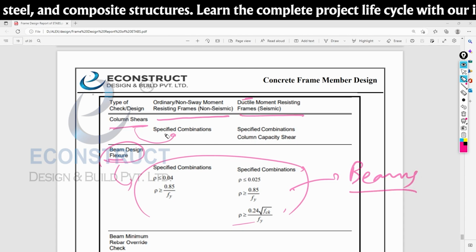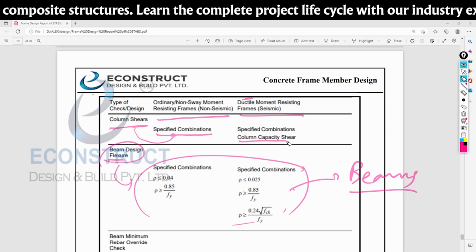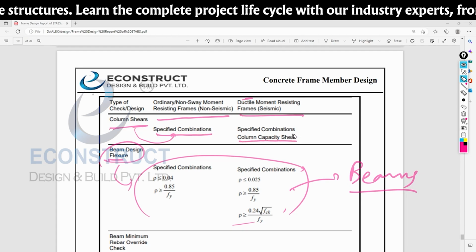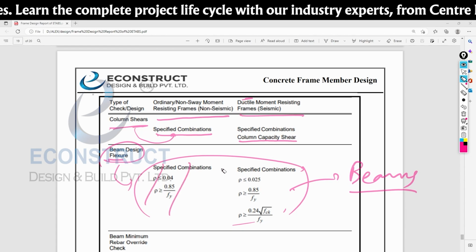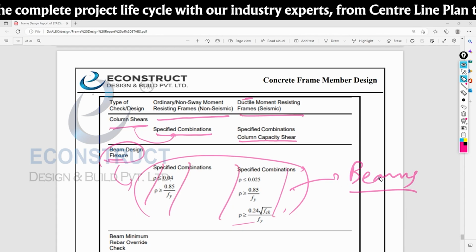For columns, what is the difference? You just need to check the column capacity shear. For the beams, whenever we are seeing the beams, that time we will see this. Okay, now